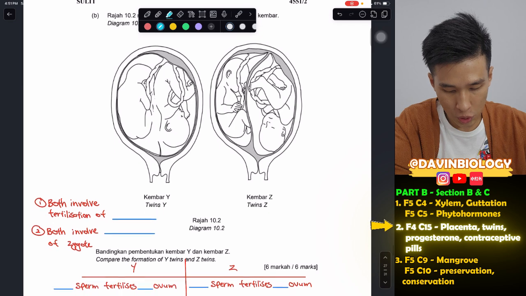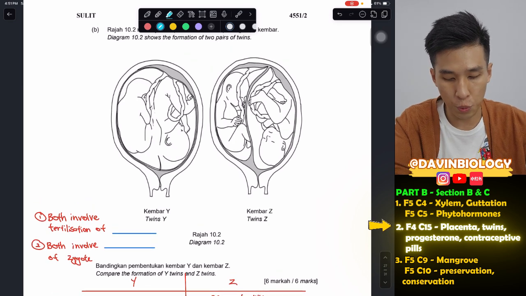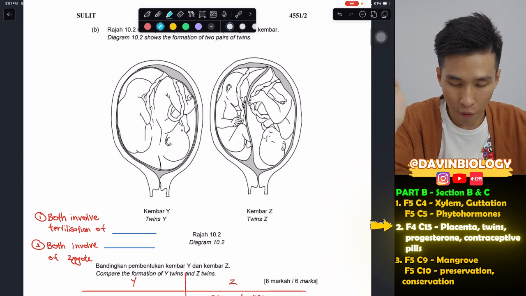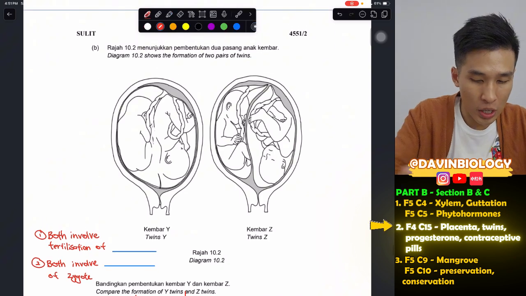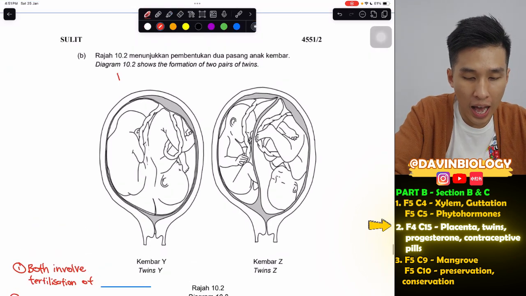Twins, they're asking here. Okay, so we have 2 twins here. Compare the formation of twins Y and Z. Now, first, twins Y and Z. Okay, Y you can see is actually identical to